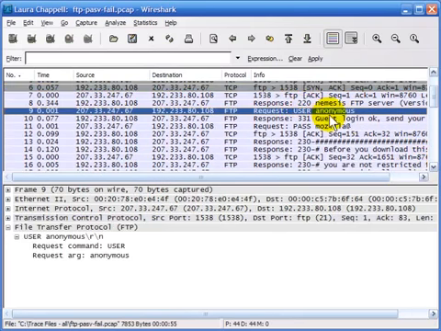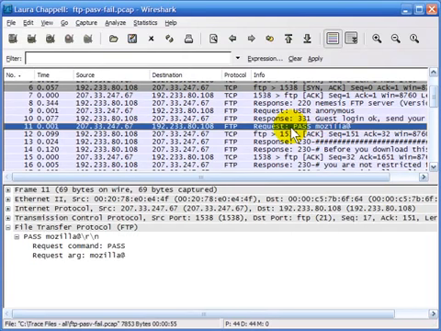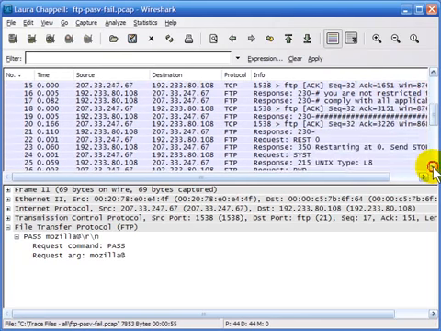We can see the user trying to log in as anonymous, and at this time that FTP server would allow a guest login. The user sent pass Mozilla at, which was just because they were doing this from inside of a browser. There's the banner coming down,